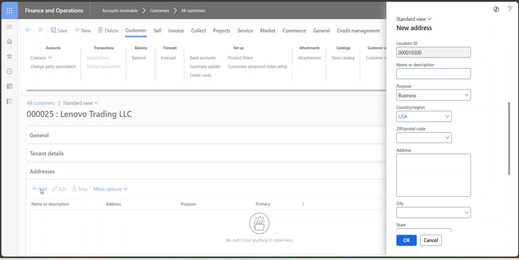Now you can see when I click on add address, for the address also it's taking its own number sequence, that is the location ID, which is mapped against this particular customer. The name and description is nothing but you can update the same company information. Based on this company information, your address will be located. So here I am typing